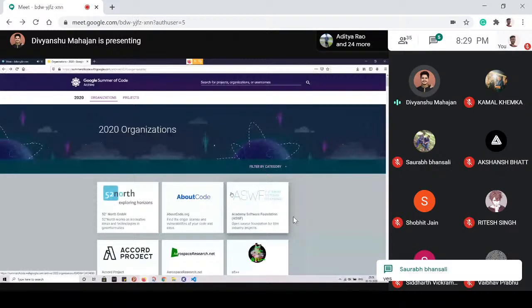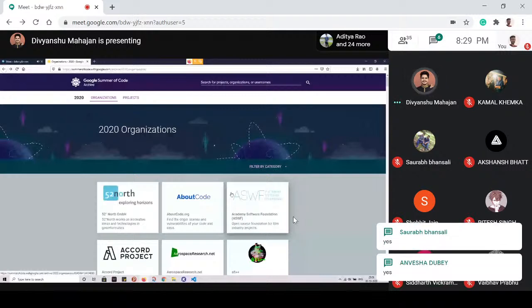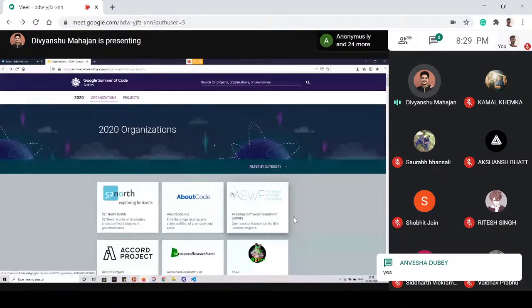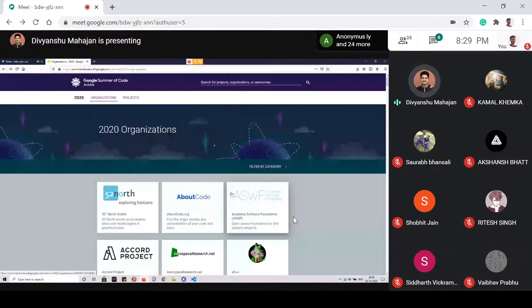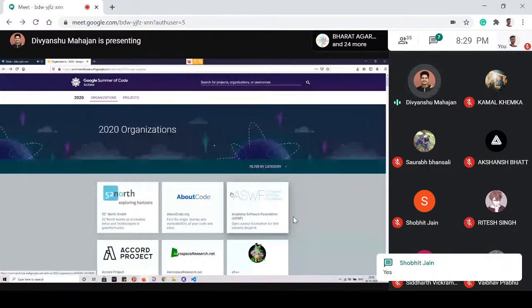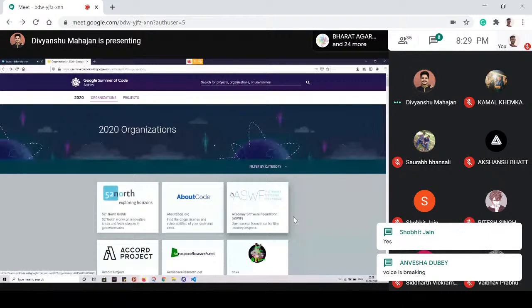So here you see organizations that use Node.js in their tech stack. So if you want to look into all the organizations, you can from here. And if you want to specifically look at 2020 organizations, you can use